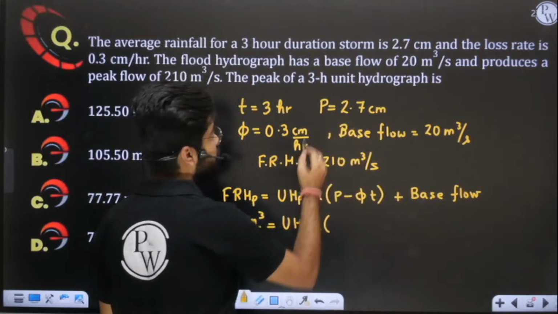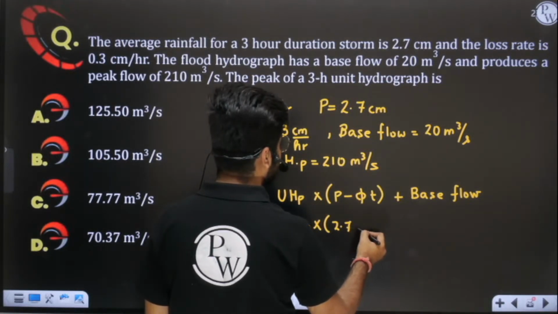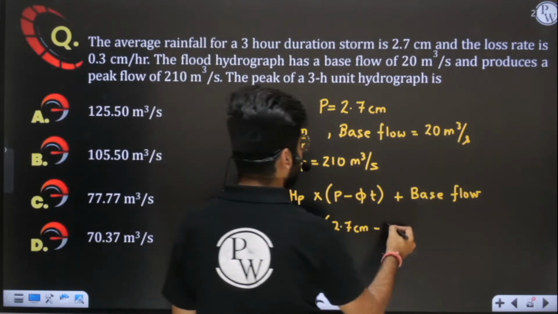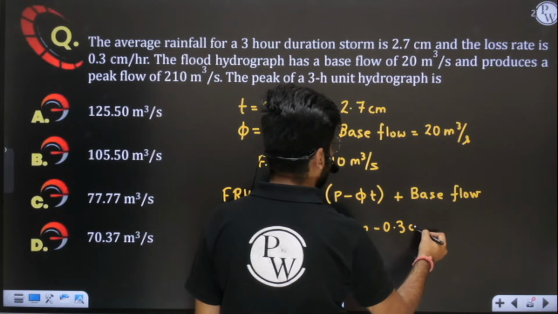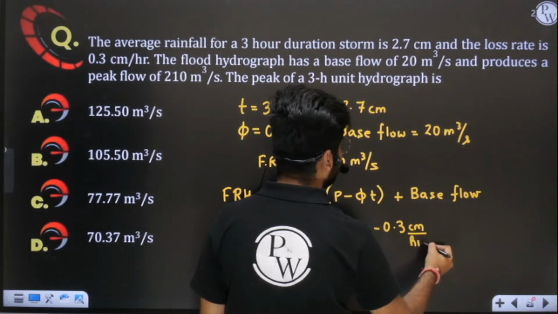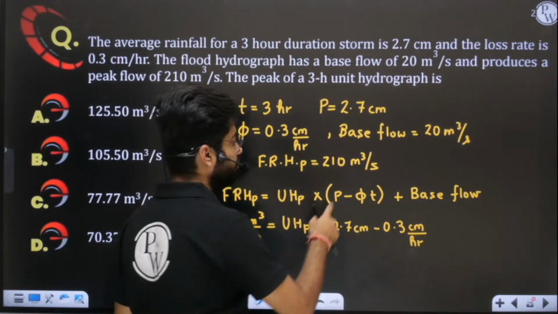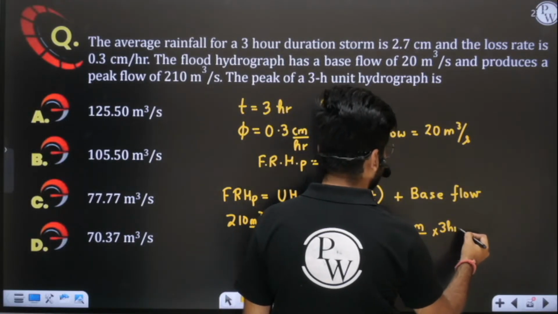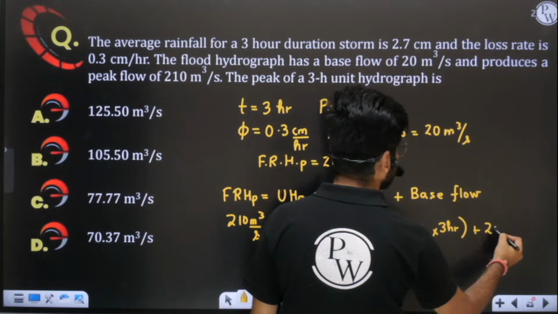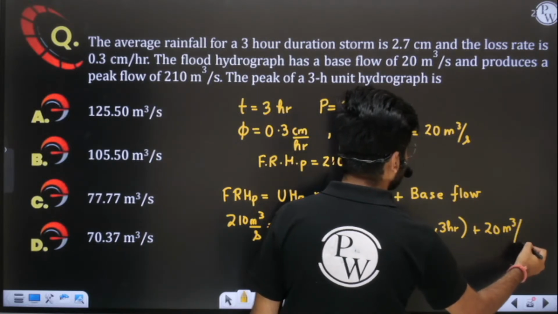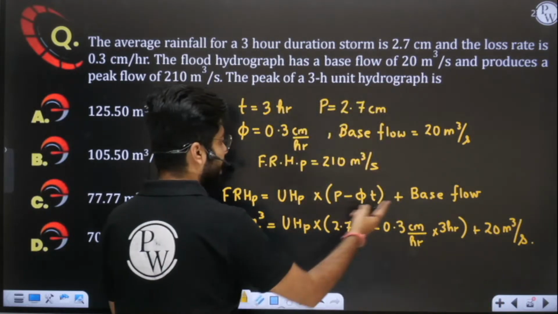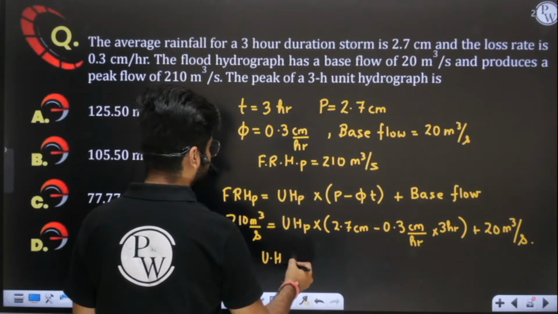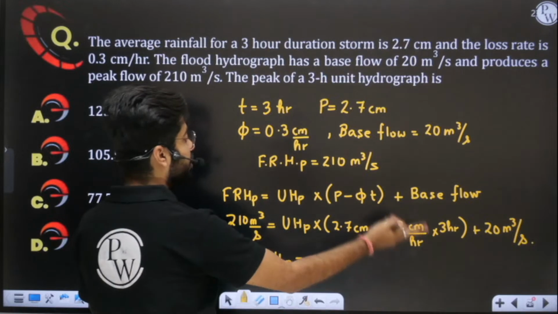Total precipitation is how much? 2.7 centimeter. Phi value is how much? Phi value is 0.3 centimeter per hour. Every hour we are losing 0.3 centimeter water in infiltration, multiplied by duration of rainfall, which is 3 hour again, plus the base flow is 20 meter cube per second. So very first step is you have to subtract base flow from your flood runoff hydrograph. When you subtract 20 from 210,